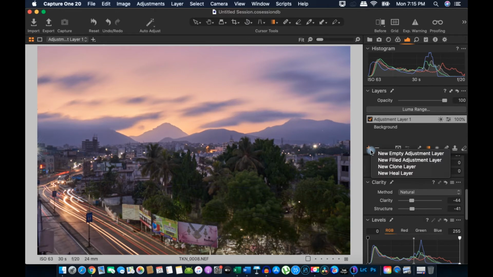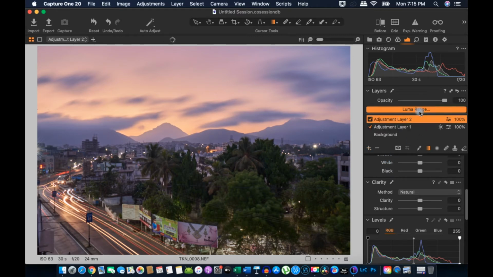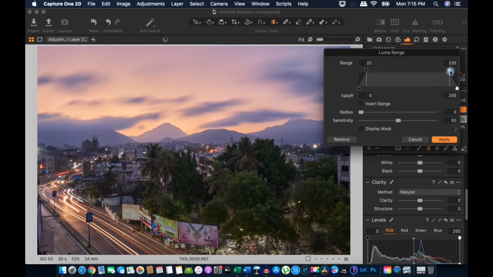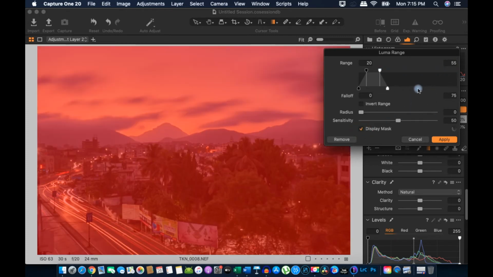We'll take one more. So this time we will take one filled adjustment layer. Go to Luma range. Now this time we will remove all the bright pixels. Click on the display mask. What I intend to do by this step is remove all the brighter pixels.